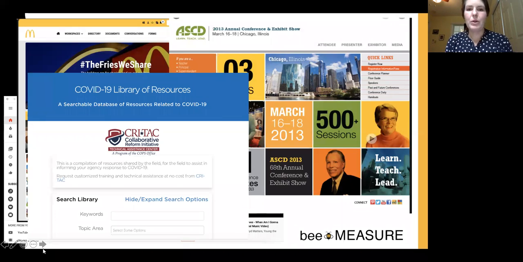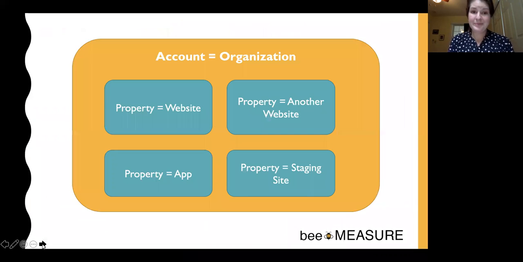I know organizations often have a lot of different sites, initiatives, and teams, and of course everyone wants access to data, but it's really important to think about how to do this scalably before you just start creating new accounts all the time, as it'll become very unwieldy to manage very quickly.